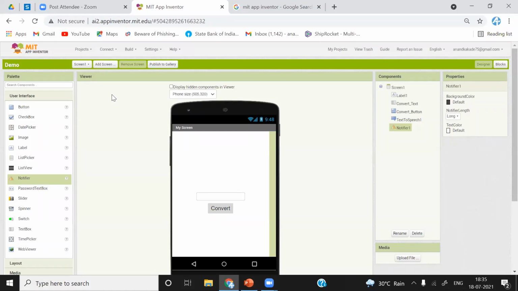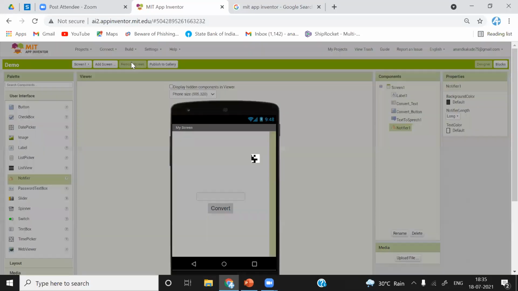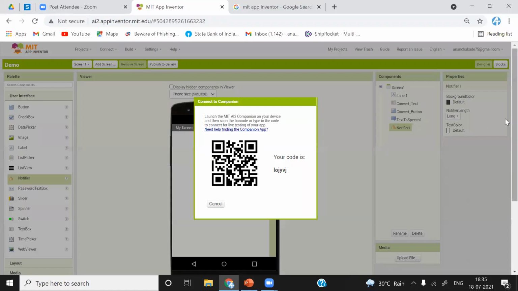I will just open it, and after installing, you just have to click on this AI Companion. It will generate a QR code. Okay. Now there are few options available on this screen.